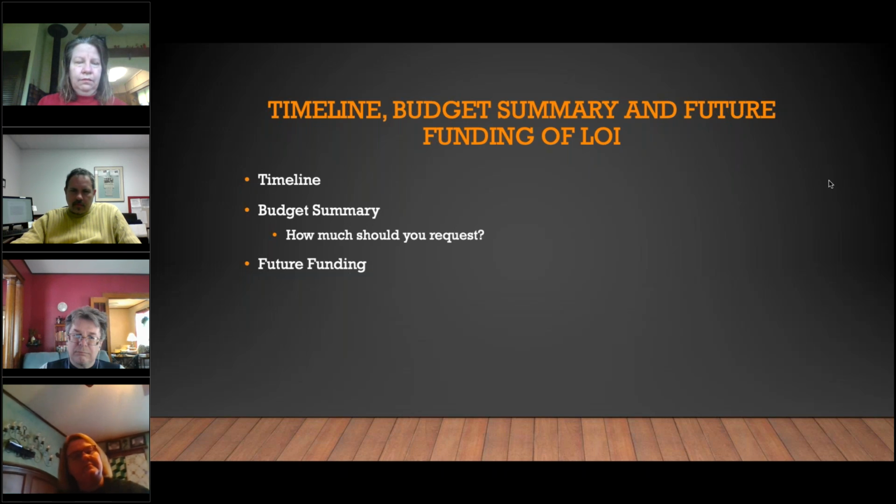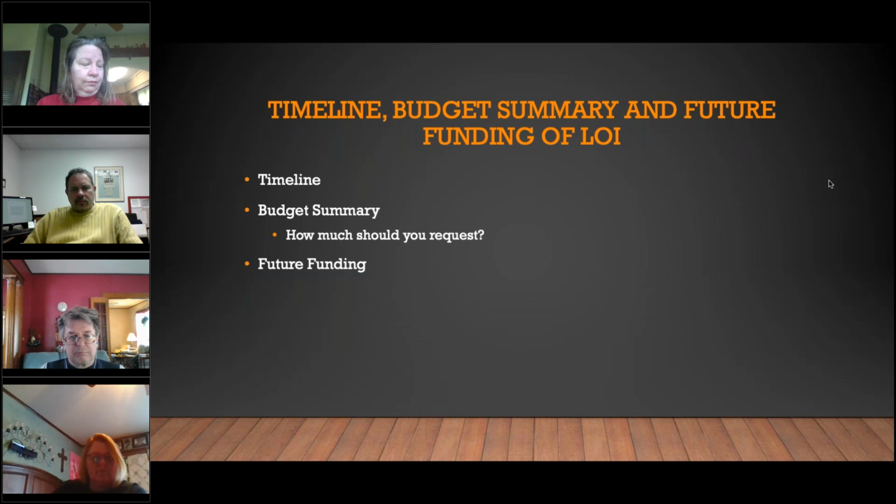You need to be clear about both timelines so that the grant maker knows when you will need the funds and how quickly they will be expended. For purposes of the LOI, you want to keep this section short, as it's not going to help sell your project to the grant maker, and it can